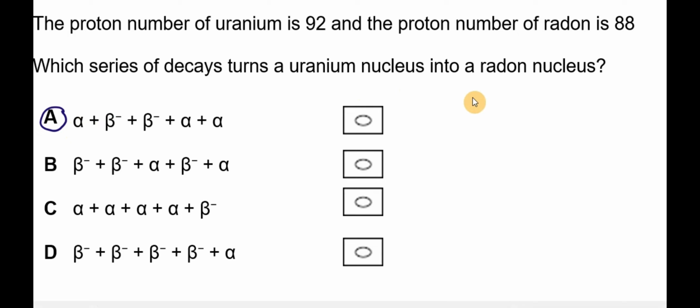So first of all, let's remind ourselves what happens during beta minus decay. In beta minus decay, a neutron changes into a proton. So the proton number increases by 1 and the overall atomic mass stays the same. That's beta minus decay. In alpha decay,